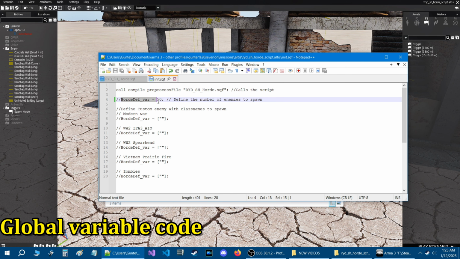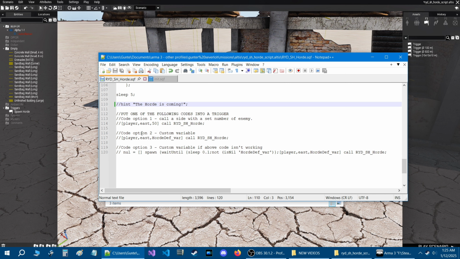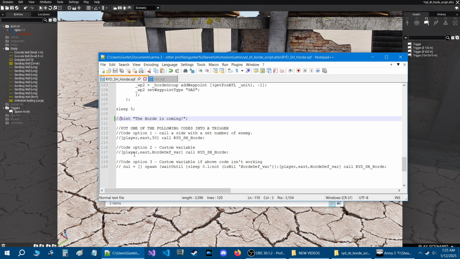The same code that we used in the trigger is basically this. So you're going to use this code instead, and you're going to define how many enemy are going to come. So what you need to do in order to activate this code, to use this code, is you have to remove the 2 forward slashes, which basically enable that code, and this code will be used. Alright, then we'll save that, and then from there, at the bottom of the main script, you're going to use this code here,